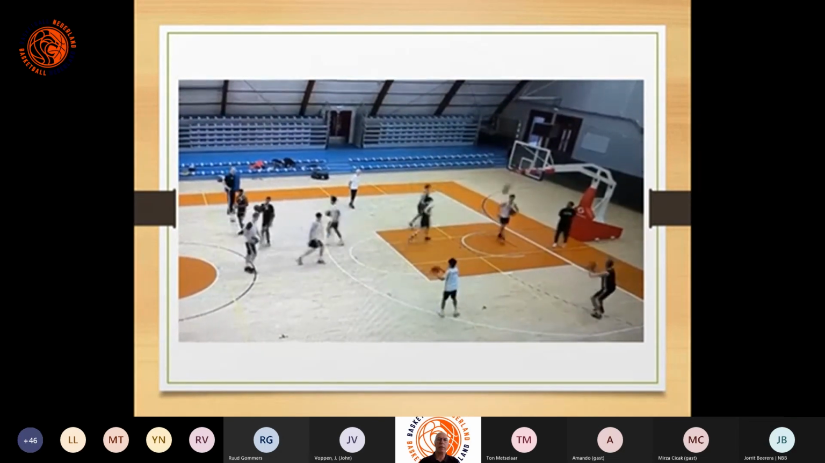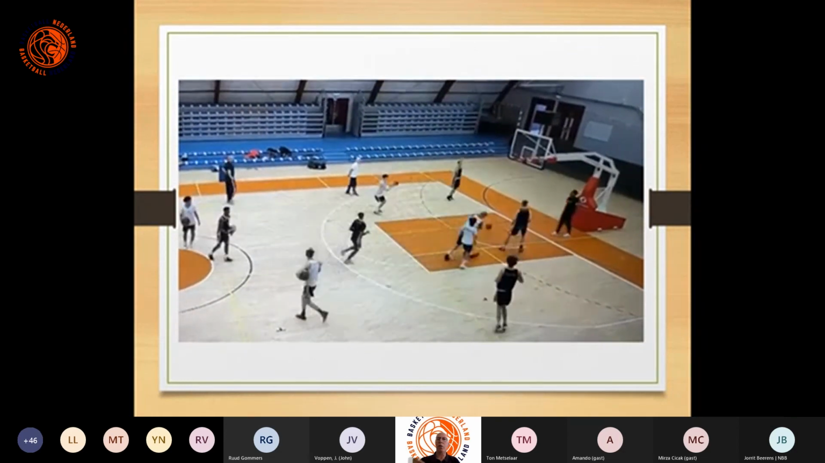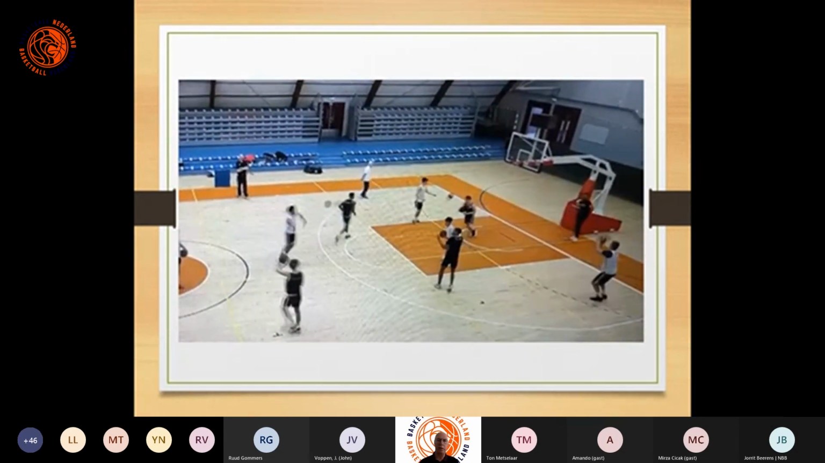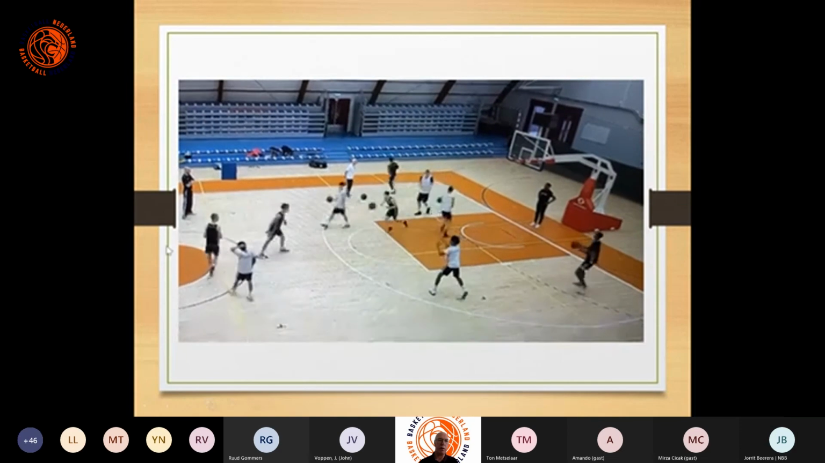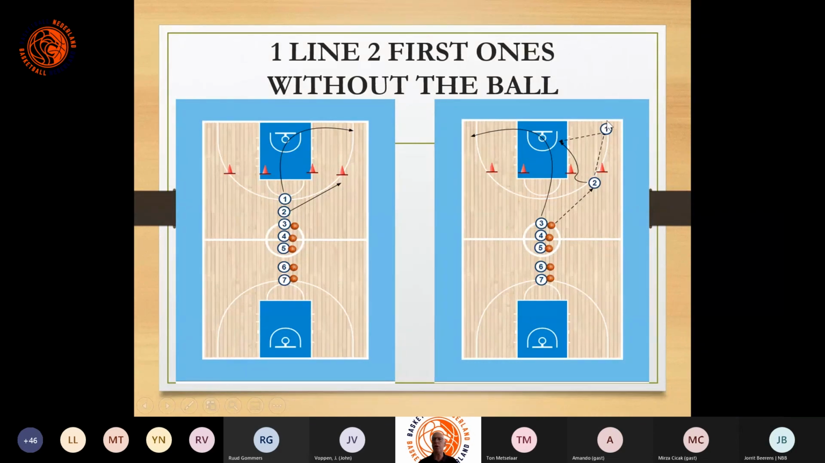Pass, pass, pass. You see, we can use it for 2-point shot, 3-point shot, fake dribble, jump shot, whatever. But if I go back to the diagram, you understand that on this drill, you can use it for V-cut action,